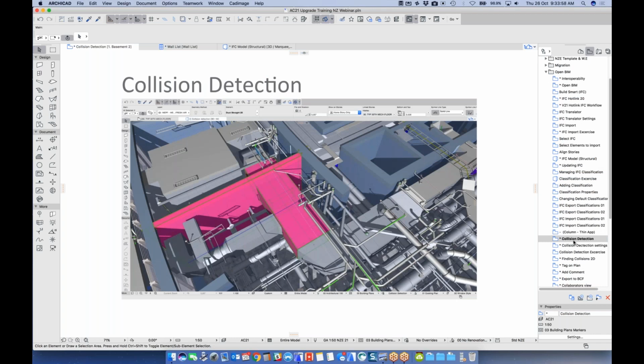For the ones who don't have any columns, who didn't bring in that IFC file we just did, we need some columns in your file so we can do a clash detection. If you've already brought your IFC file in, that's fine. You can just ignore this for a second, but the ones who haven't, I want you to go to the view above, the column thin app,